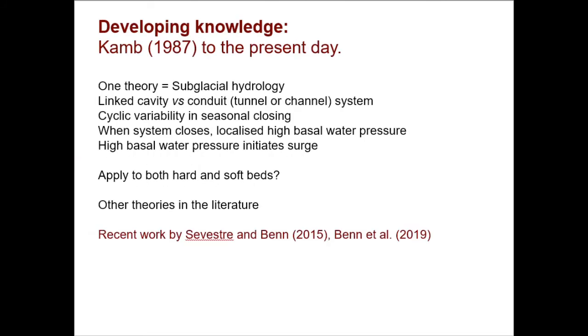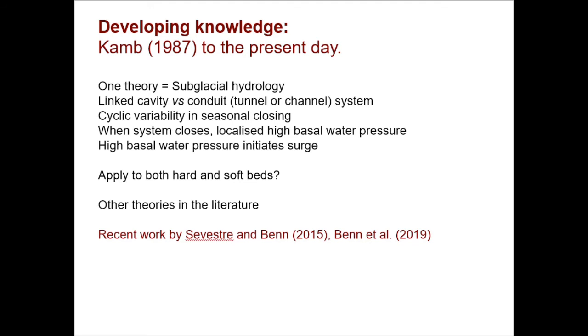And that kind of underpins one of the traditional theories of how surges happen, which is to do with cyclic variability in the seasonal closing up of the subglacial drainage network. So when the head of the glacier reaches a certain critical thickness, that overburden pressure is sufficient to close down the drainage system over the winter, so that when the spring meltwater comes along, it has nowhere to go, and the high basal water pressure within this linked cavity system